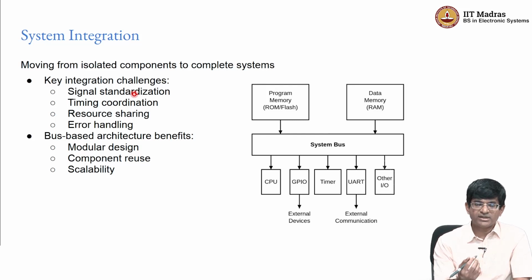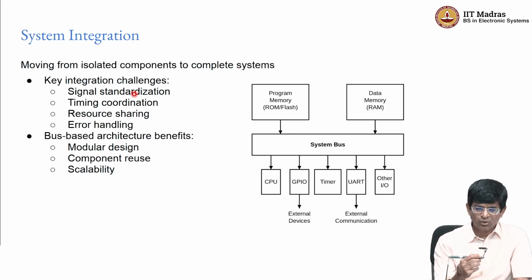There are certain resources that actually get shared across multiple parts of the system, in particular the wires that are actually used to communicate the different parts. When we look at it in an abstract logical way, it turns out that those are actually common resources shared across multiple different peripherals. And of course, given a scenario like this, there is also the possibility that something goes wrong. What if a peripheral does not respond, or if some wire is not connected properly? How should the entire system respond, and what will happen as a result?